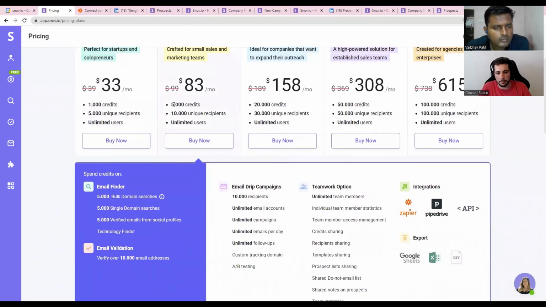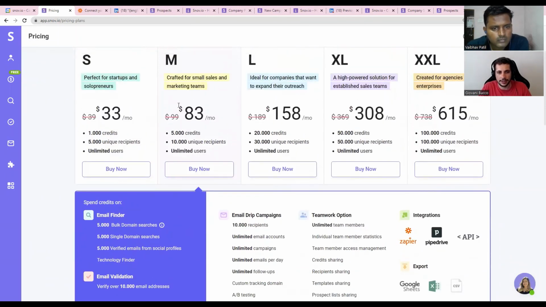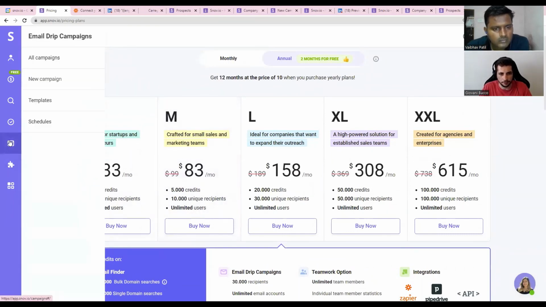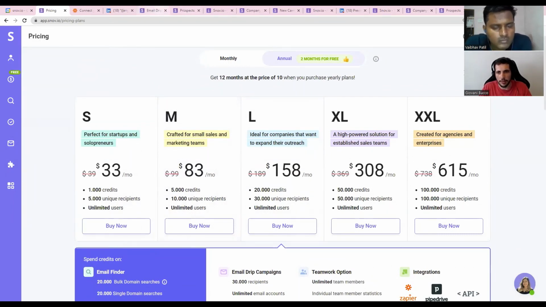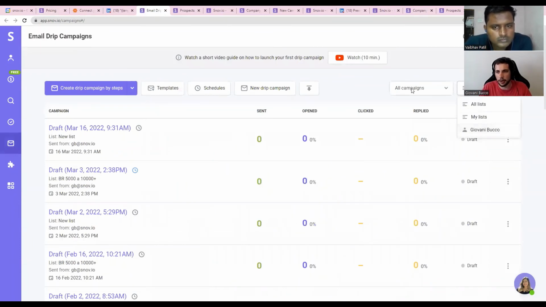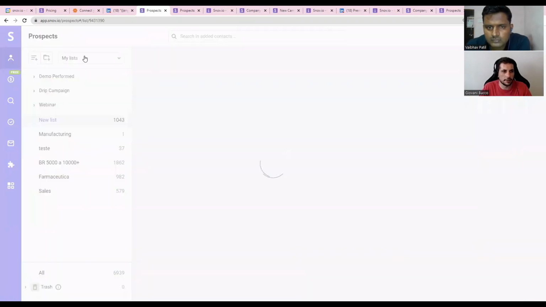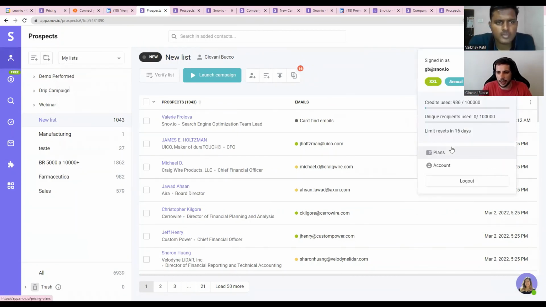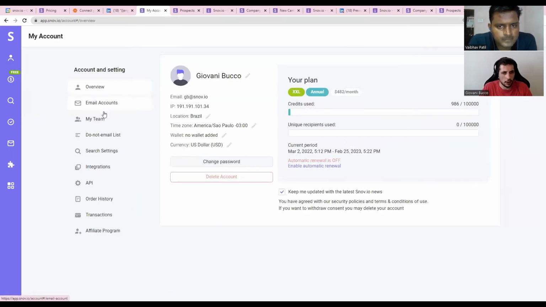Starting on the M plan, we have the A/B testing and the teamwork feature. The teamwork feature allows me here to see not only my drip campaign list, but all the members' drip campaign lists. I can check the prospect lists of the other team members as well. And I can have a dashboard here with my team.